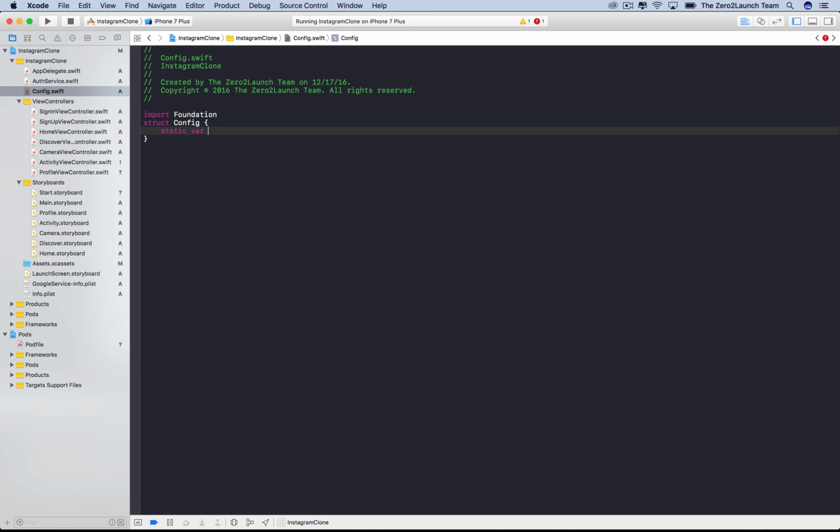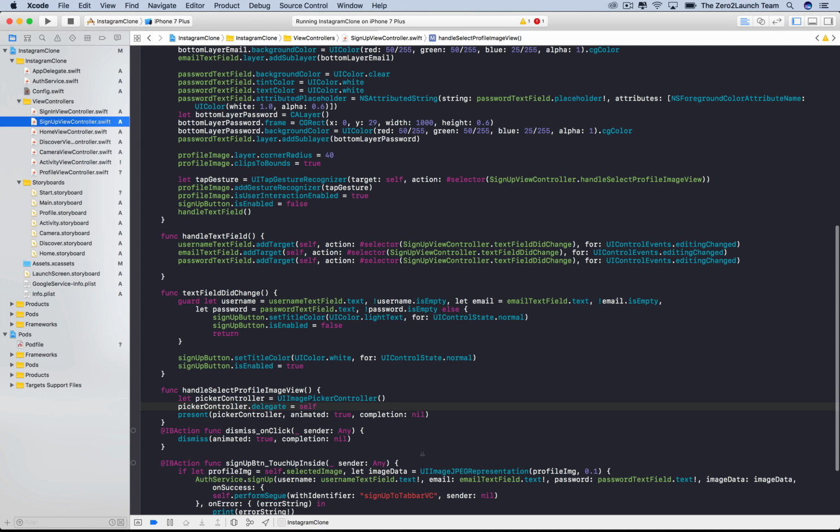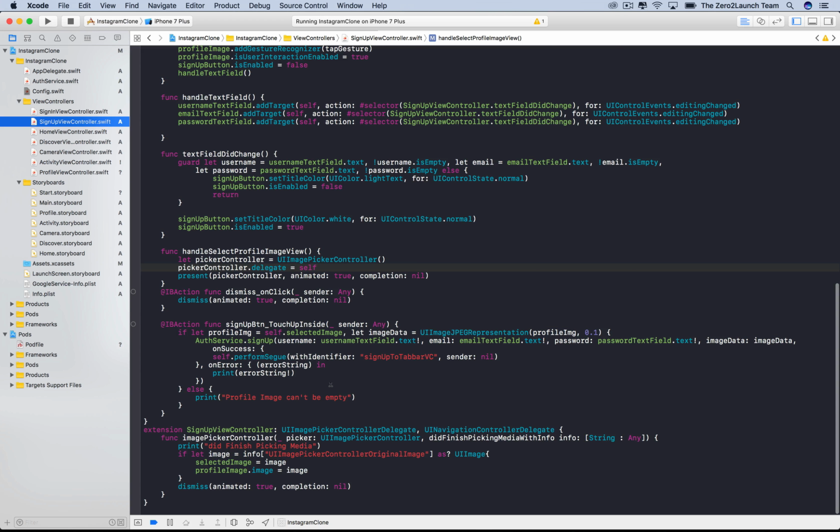For the name of the property, it stores a constant value, so we can use an all capitalized name, like STORAGE_ROOT_REF. Okay, good. Now we can just copy over the storage root reference in